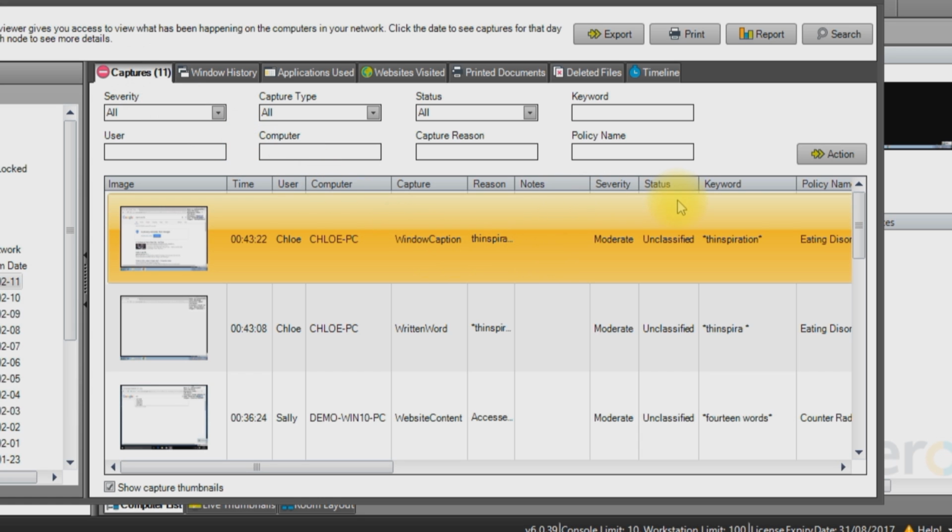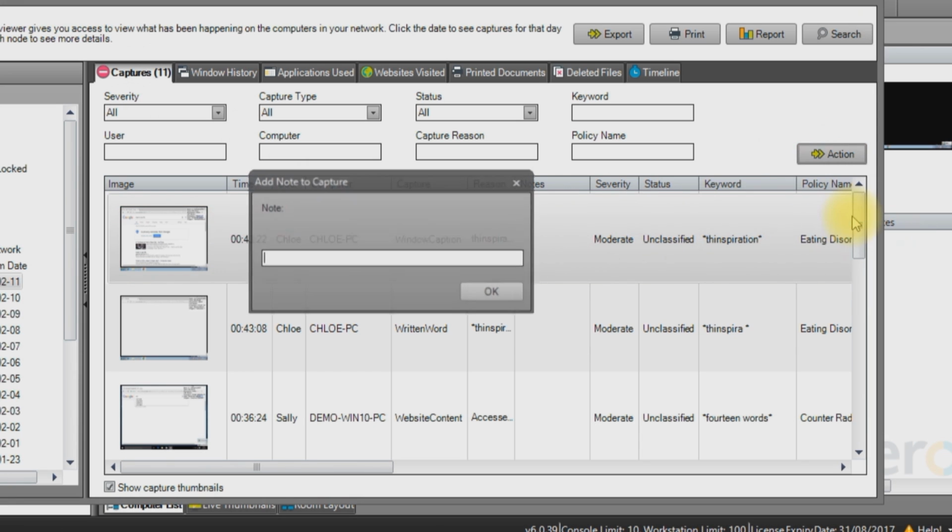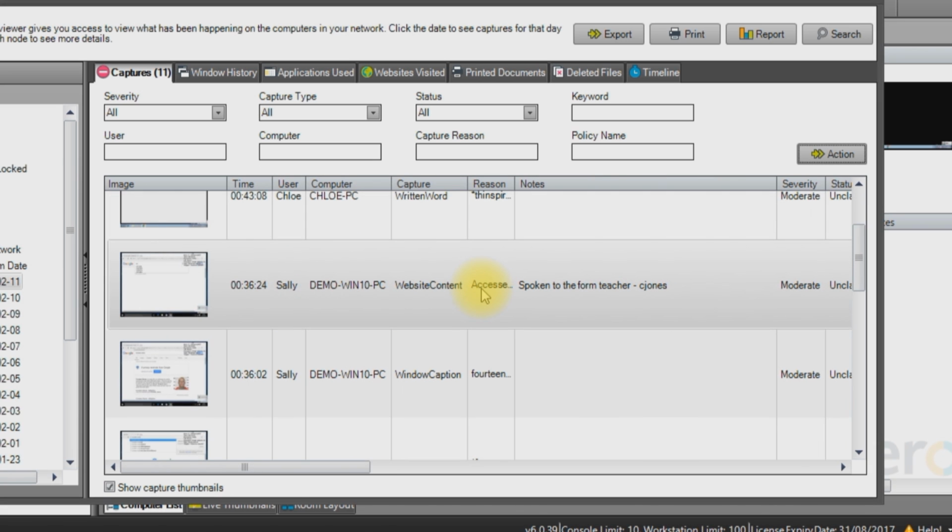about the incident. After a capture has taken place, staff have the option to add a note on the system, detailing the measures that have taken place to address the incident. This feature strengthens a school's ability to ensure a managed approach to e-safety and evidence the policies and procedures required